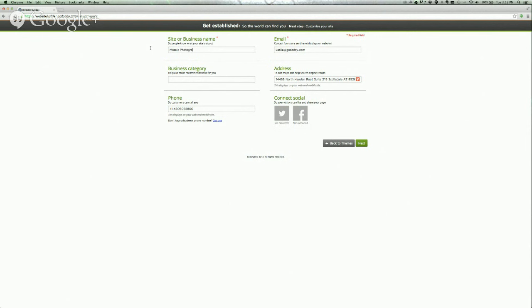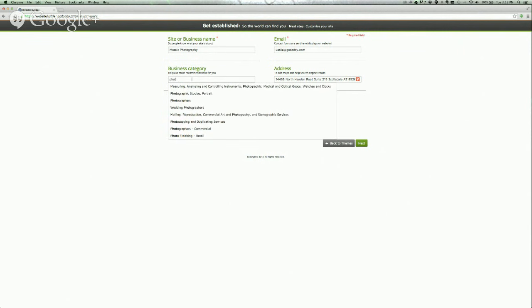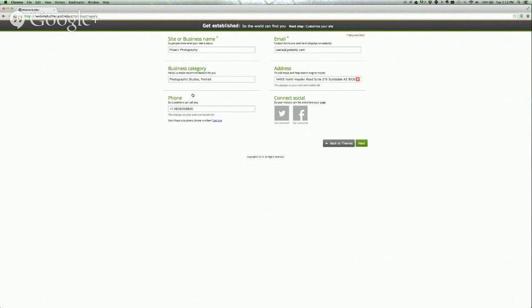Mosaic Photography is the name of her business, and then the business category. This helps you down the road when it comes to search engine optimization, getting your site listed in the proper business categories on Google and Yahoo and Bing. So we're going to go ahead and get her bucketed into a business category. And don't get too hung up on this. This is just a generalization for Website Builder. There are SEO tools available inside the builder once we get started, where you can really hone in on those SEO features. And so I'm going to change the email out